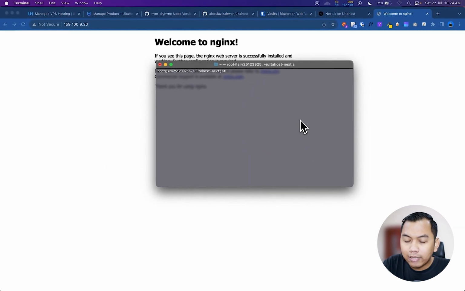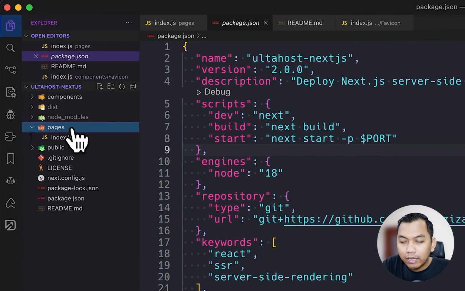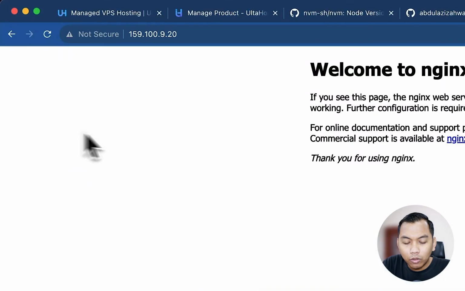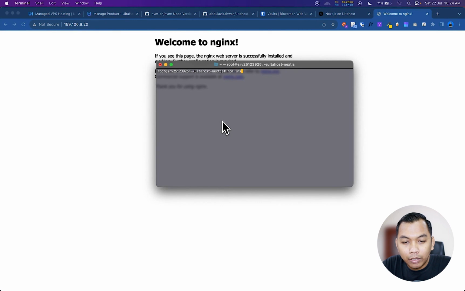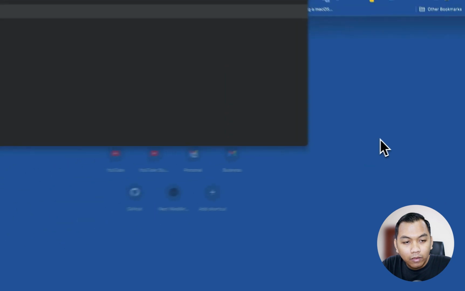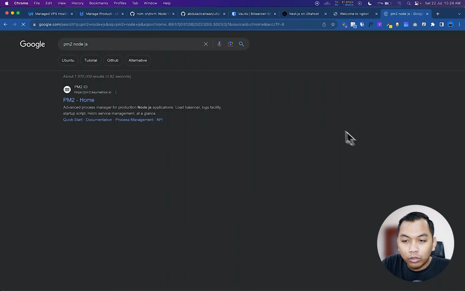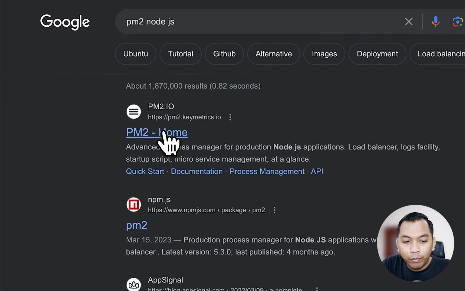Alright, and the next step, we need to run our code here to always run in the background. So we will use pm2. So we can say npm install and then -g to install globally, and we say pm2. But before that, we can search pm2 node.js to see what pm2 is.